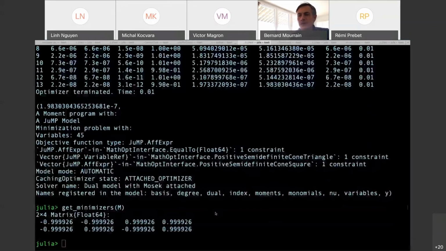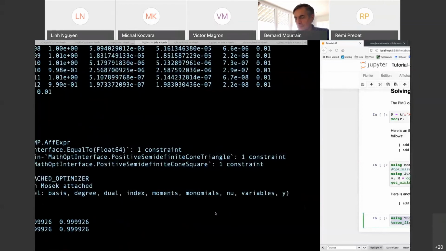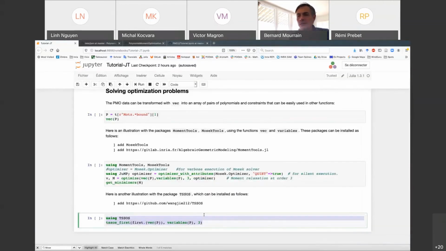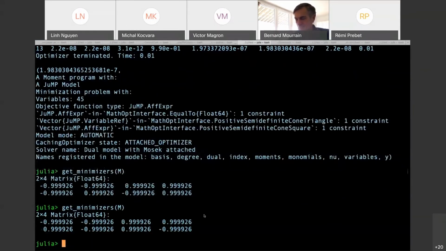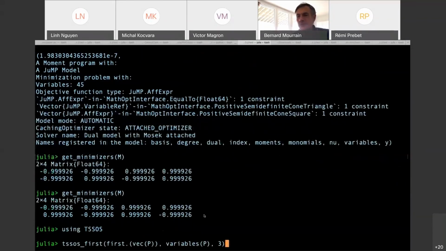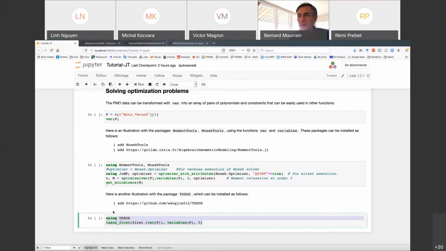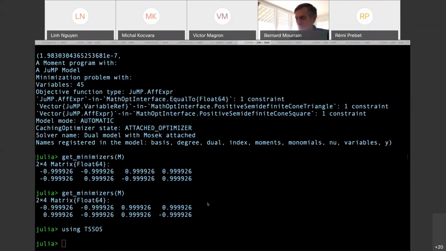And now we use TSSOS. So I'm adding the package, again with the same command.